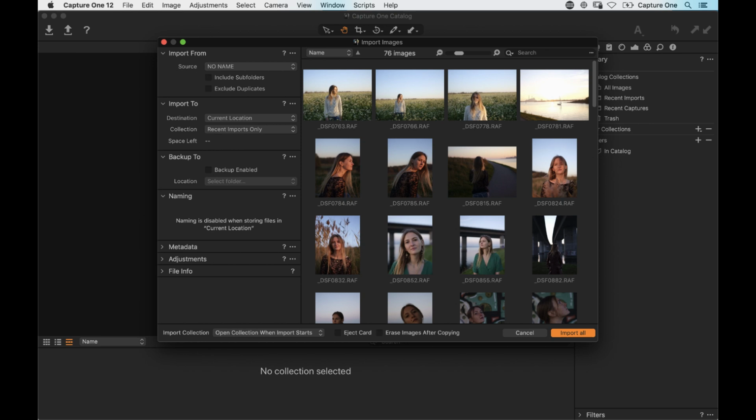So yes, when you plug in the card reader, the import window will pop up automatically, or you can